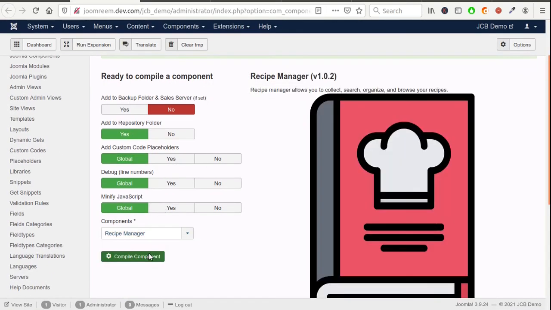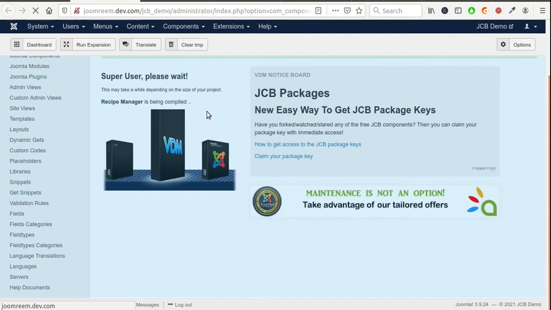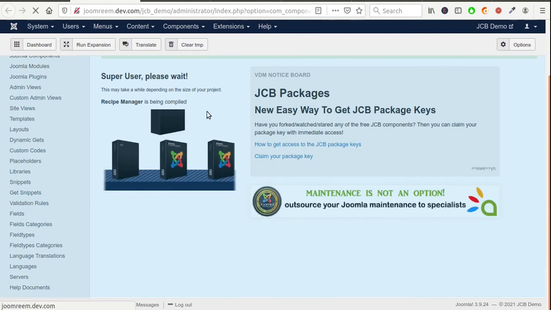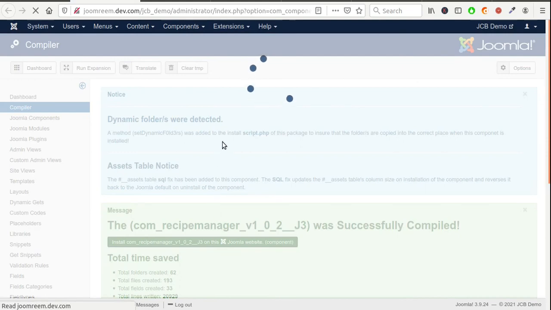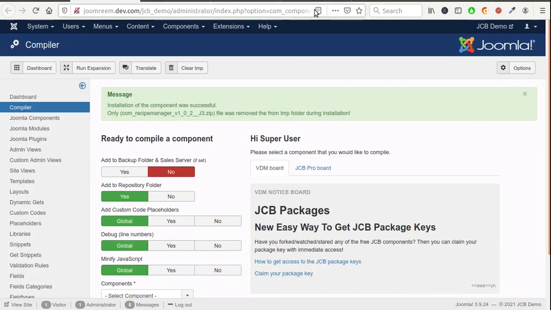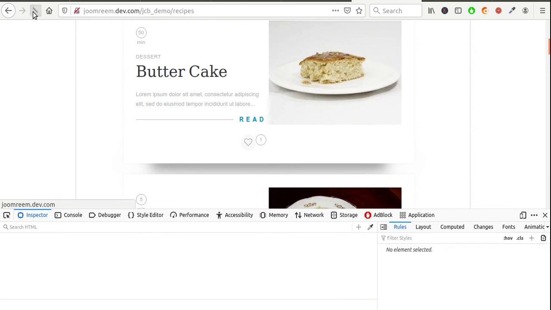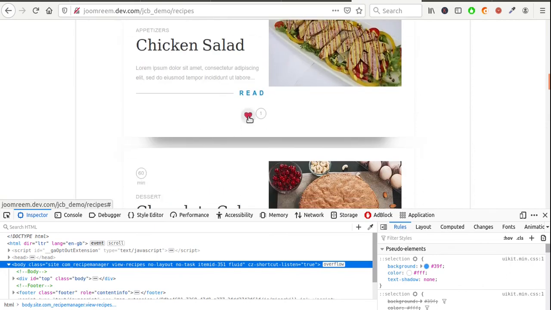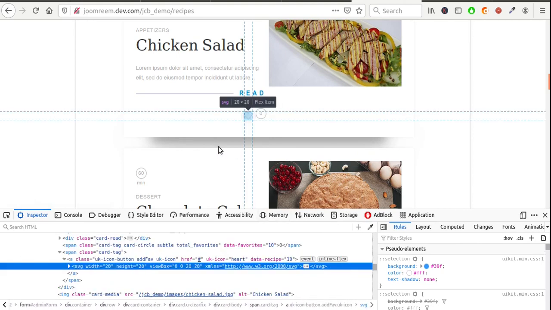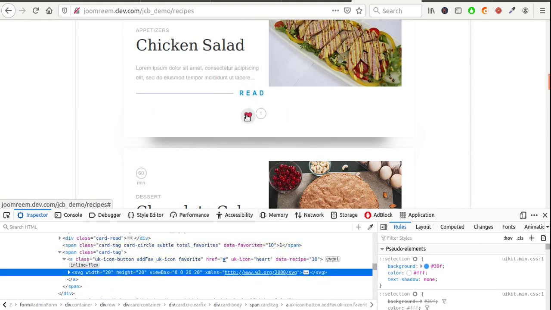Compile and update the component. Refresh. Well, the heart color is changing as you can see. It reflects the status of the recipe, whether it is added or removed from the favorites list.